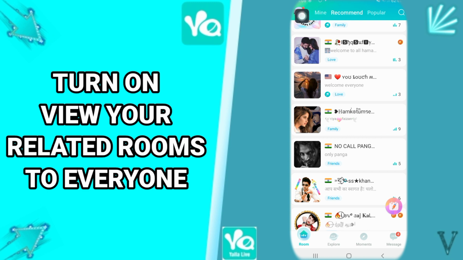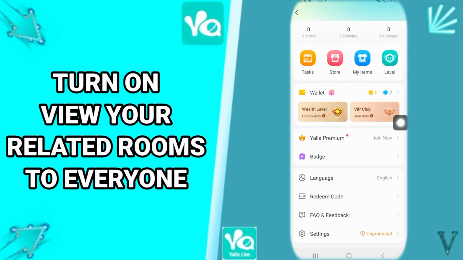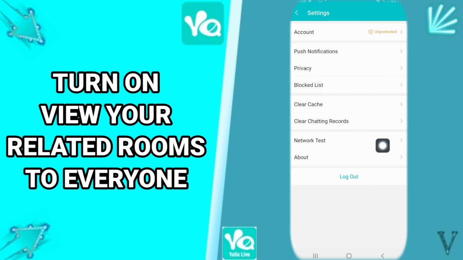All you have to do is go up and click here on your profile or this picture here. Then it's going to take you to the next window here, and you just go down here. Then you click here on settings, then you come to the settings window here, then you just click here on privacy,